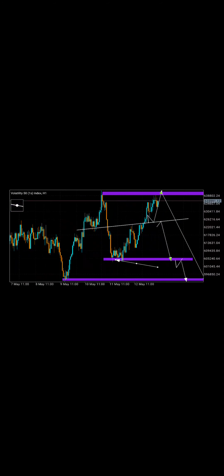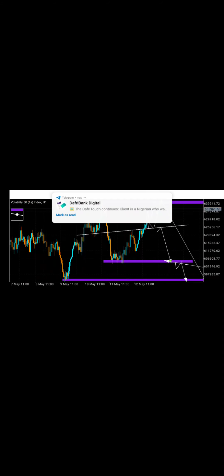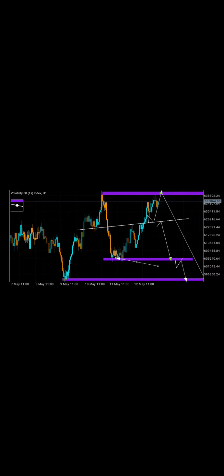Now, this is a rectangle that I placed at a support zone. I describe this as an inner support, the reason being that this support, which is here, is in the middle part of this support. So this is the outer support, because it is at the outer lane, and this is the inner support because it is in the inner or the middle part. So this is a support level at the bottom here, also marked with a rectangle.